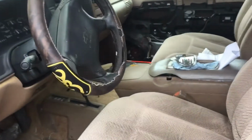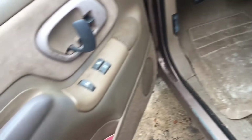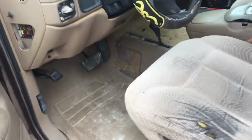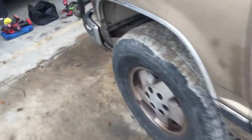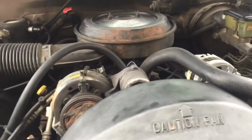And some speakers, because since I'm gonna be taking all this off, I might as well just get 2 new speakers in front. And the four-wheel drive may or may not work. I don't know. I haven't tested it out, but the guy that we bought it from, he was like, well,